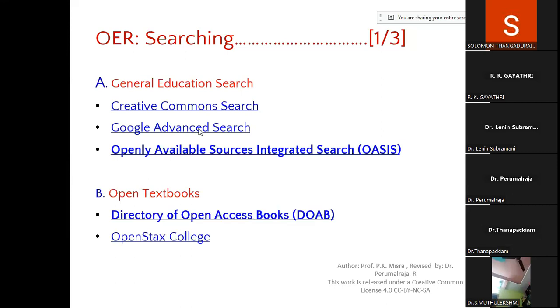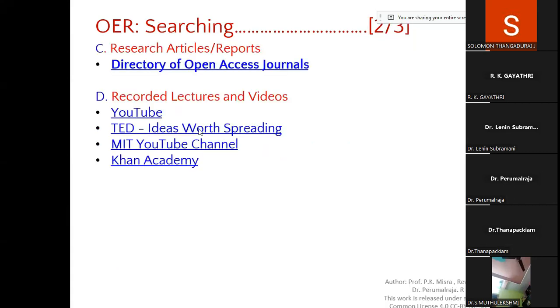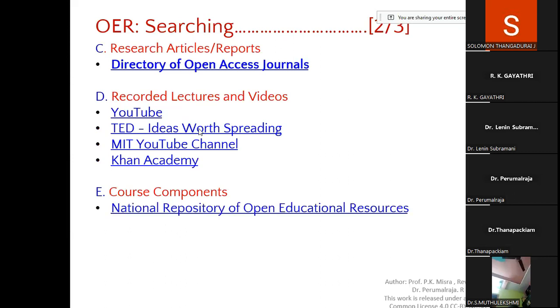If you want textbooks, go direct to open access, Open State College, Millennium, and like this many things are there. And on YouTube, the MIT YouTube channel, Khan Academy, TED also have CC content. Many places you can take from, like the national repository for open educational resources. In India we have our own open educational resource repository, so you can download material from there. No need to bother about the CC part, because most of the things will be CC. And Karnataka OER: the Karnataka government also created its own OER resources, so you can take from there.